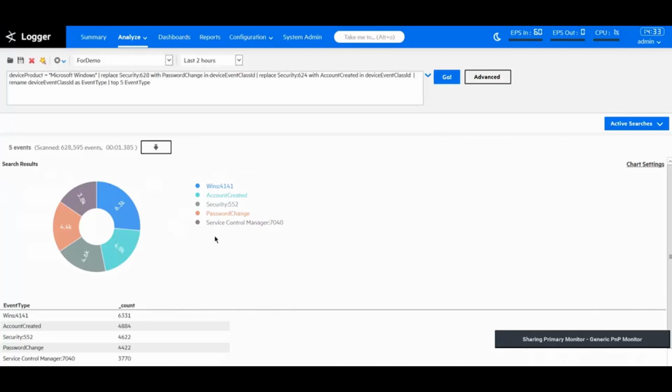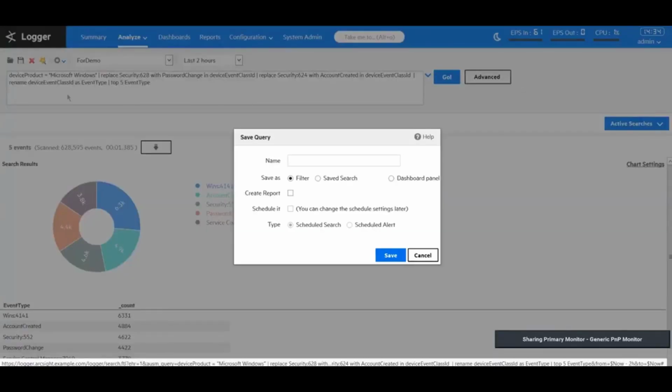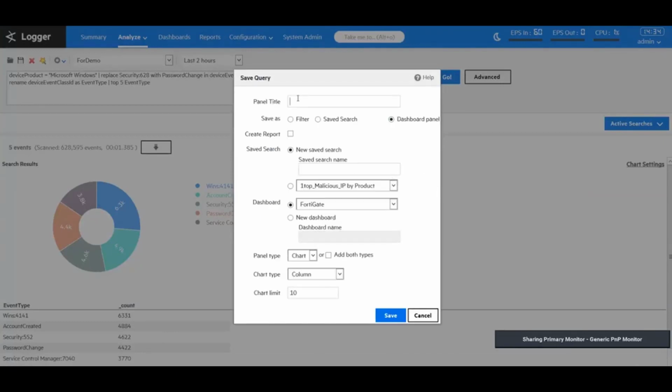Now, once I have this search built out and I'm happy with my results, what I can do is I can go to the top left of my logger page, hit on save the query, and save this as a dashboard panel. Now I have to give it a new name, so I'll say Windows, save it as Windows event type. I also want to create a report to send out to my executives. I want to give it a new name for, let's say, event type, new dashboard,